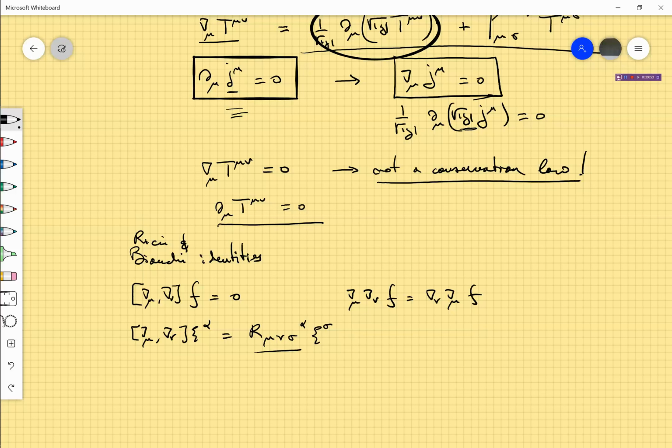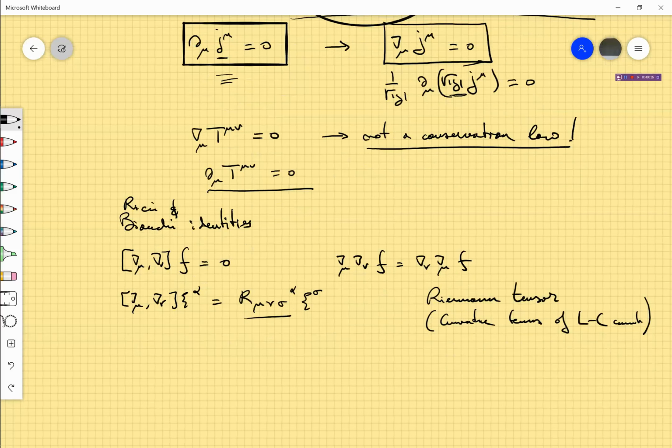The tensor that appears here and which is only a function of the Levi-Civita connection is the Riemann tensor. So it is the curvature tensor of the Levi-Civita connection. The last Ricci identity, just for completeness, is minus r mu nu alpha sigma omega sigma, and for higher order tensors, you know,